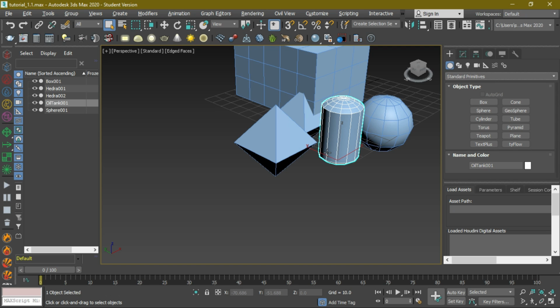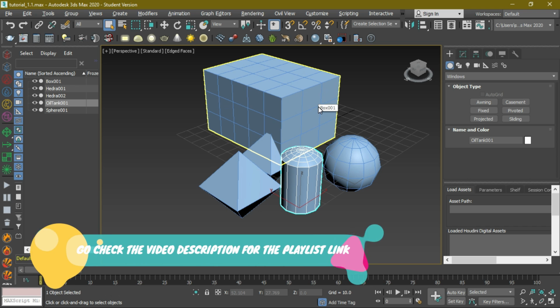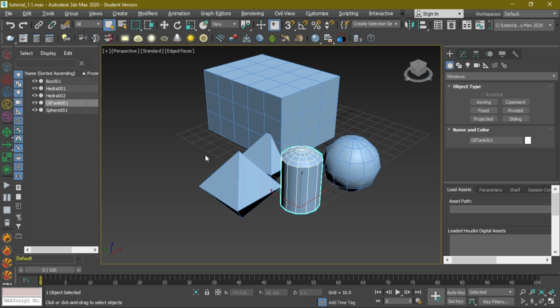Let's learn how to scale, transform and align it on different surfaces. Press Q to enable the selection tool. We have learned the scale process, transforming process in the previous video, so I am not going to tell you again in this one. You can always go back to the previous video and check it. Let's work with the align.